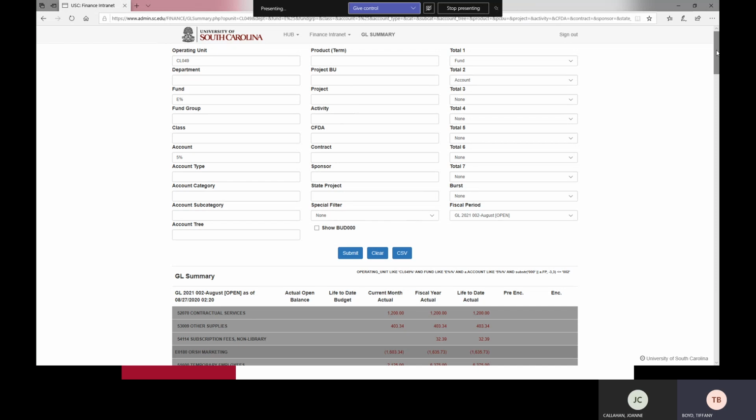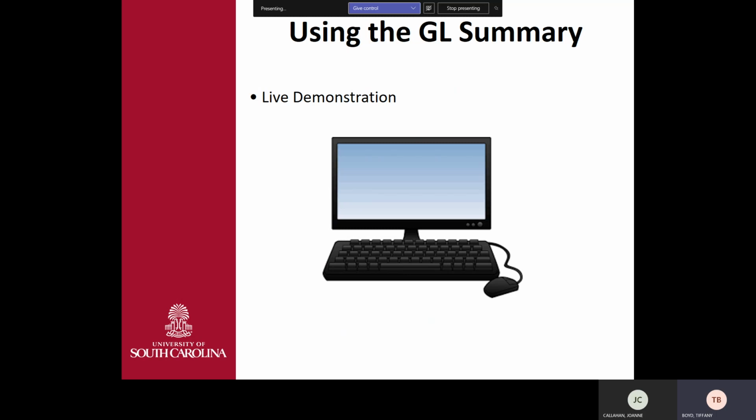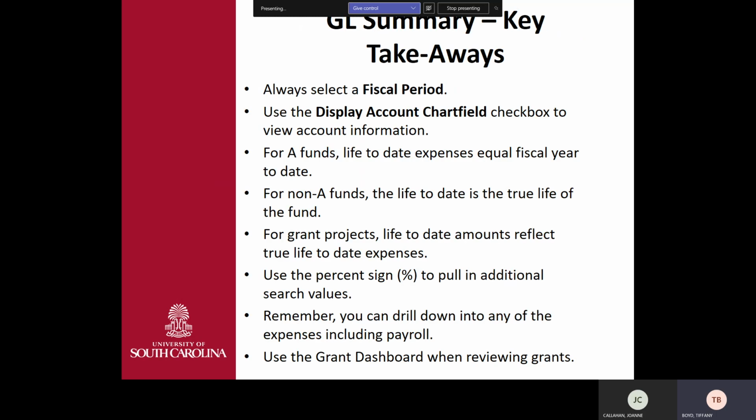So with that, we'll go back to our key takeaways for the GL summary. Again, just make sure you always use that fiscal period and you're selecting exactly what it is that you're wanting to see and review, and you use that display account chart field